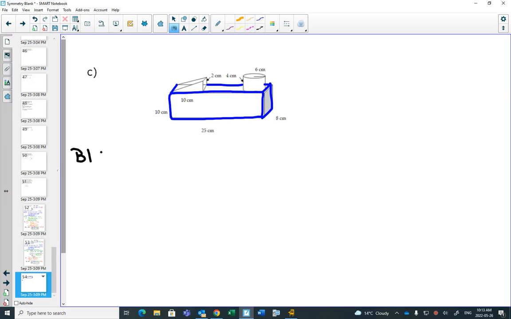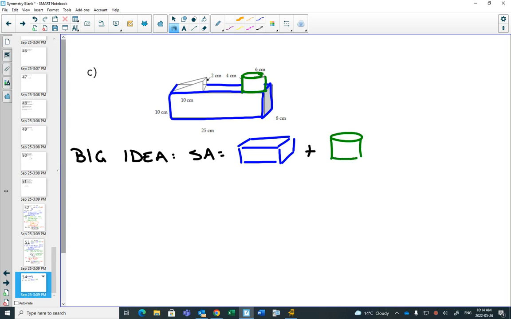So here's my big idea. The surface area will equal the blue shape. Okay? Plus my cylinder. Plus my triangular prism. Whew. Minus,